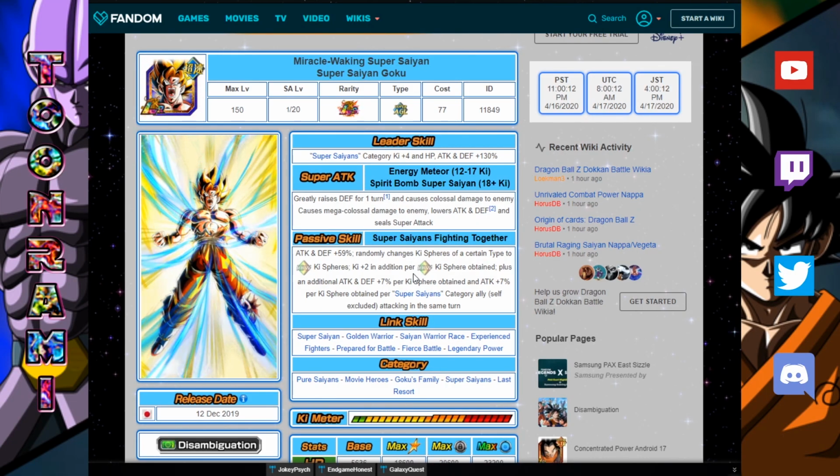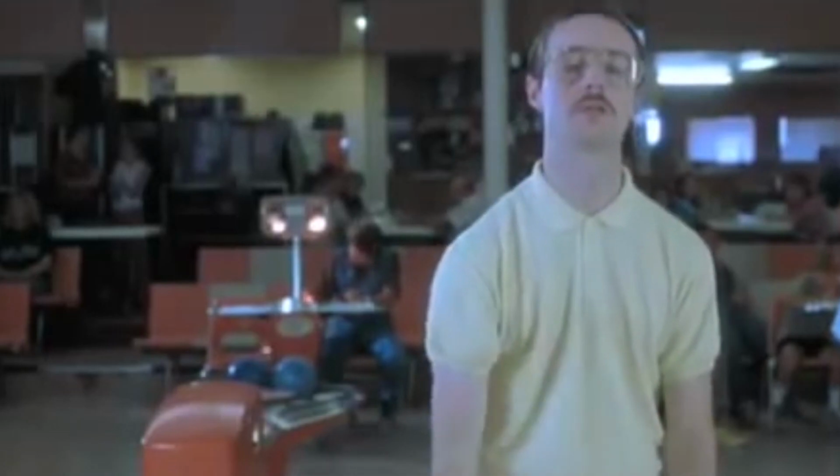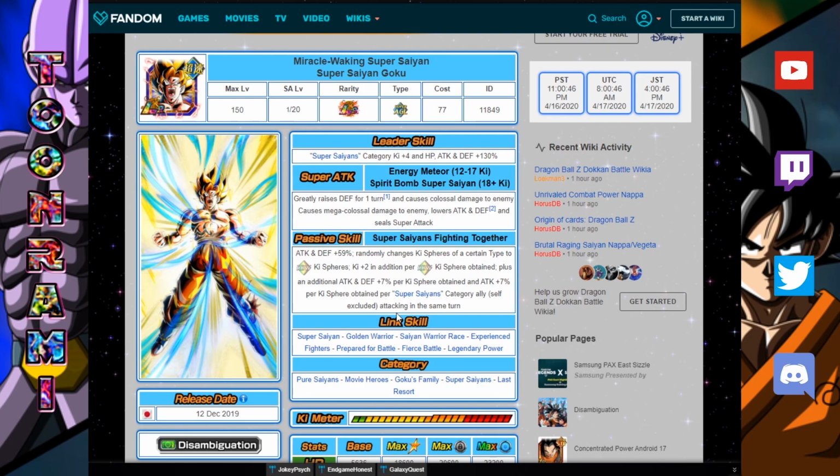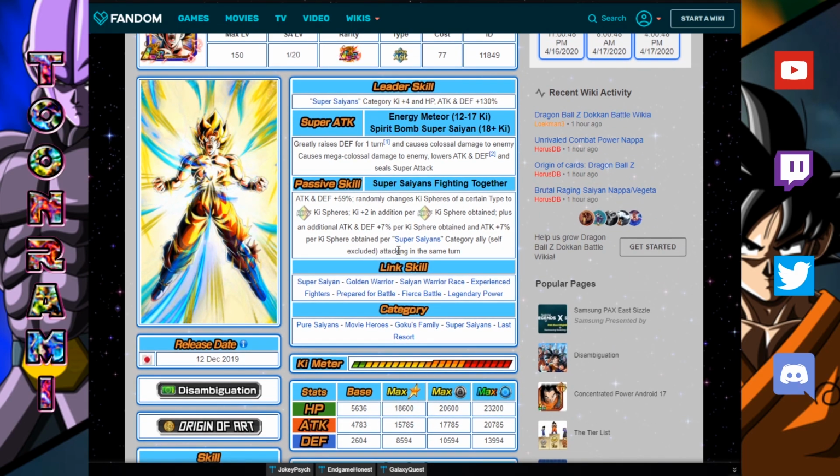Just imagine if you do your Ultra Super first, and then you have Max Additional, and then you follow up with a regular one. Passive, attack and defense plus 59%, randomly changes key spheres of a certain type to rainbow key spheres. In addition, per rainbow key sphere obtained, Key plus 2, in addition per rainbow key sphere obtained, plus an additional attack and defense plus 7% per key sphere obtained, and attack plus 7% per key sphere obtained per,